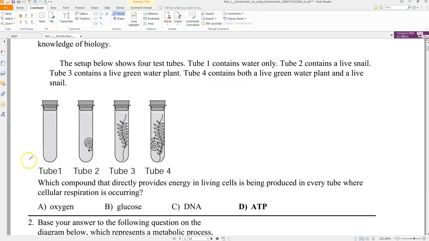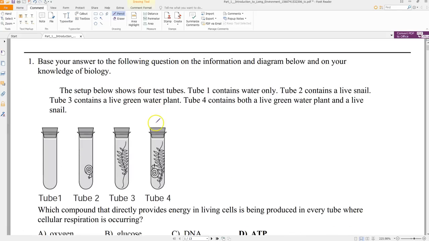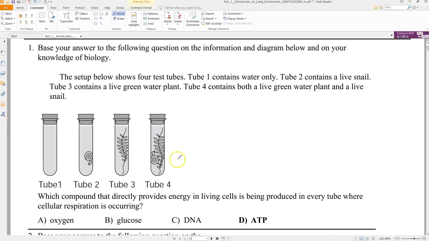So here we have a question. First of all, the first thing that you want to make sure you do is read the directions all the way from the top. And then you want to take a look at what you're looking at. What are the science lab supplies that you're looking at? What's happening here? Before reading any questions, we know that this is some kind of experiment on test tubes with a test tube stopper. We have a little snail here, a little guy. We then have a plant, and here it asks,